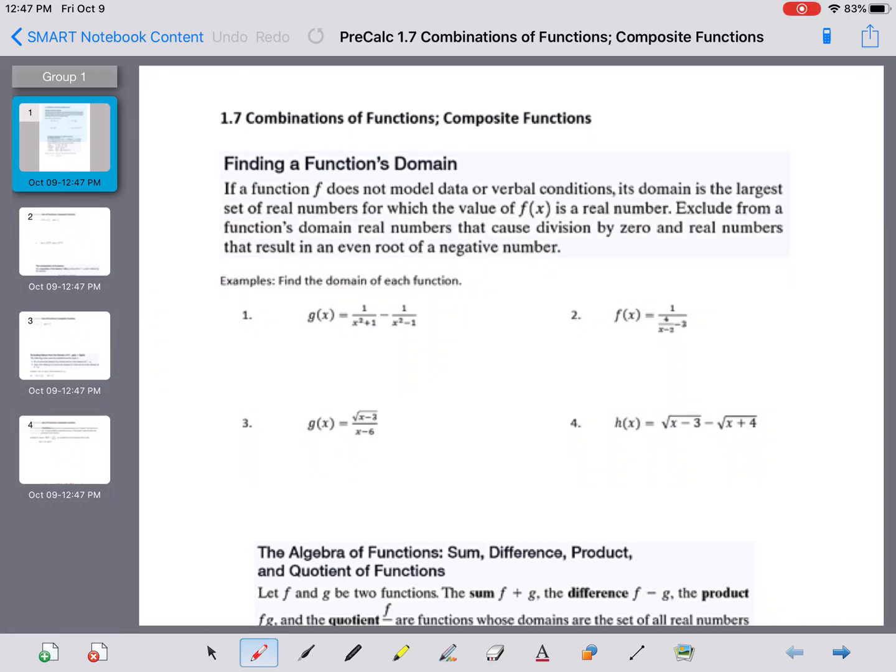PreCalc 1.7: combinations of functions and composite functions. All right, a lot of function notation here. This is what we have to keep in mind and how we work with them with composite functions or combining